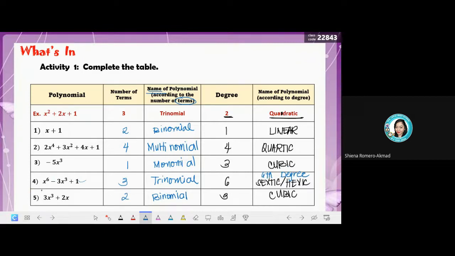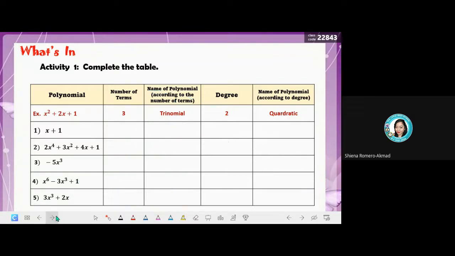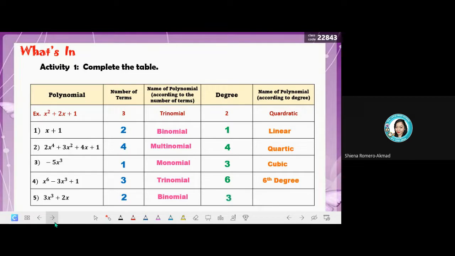Okay, so this is just a review of the polynomial on how to count the number of terms, what do you call them, what is their degree, ano yung name nila, depending on the degree. So, this will be part of your lesson for today. And we call this lesson the division of polynomials. So, division of polynomials, syempre gagamit tayo ng method and how to solve it. So, importante na familiar kayo dun sa mga